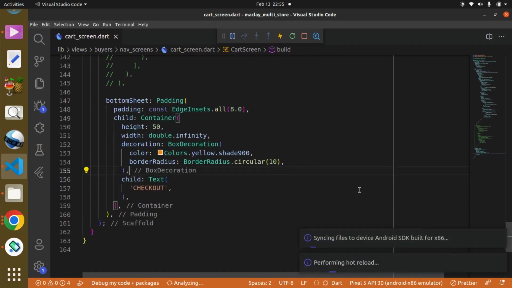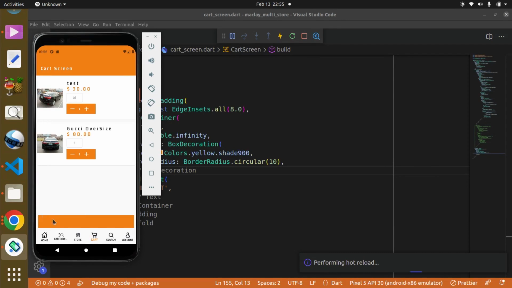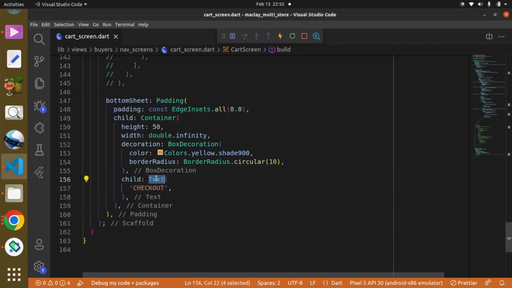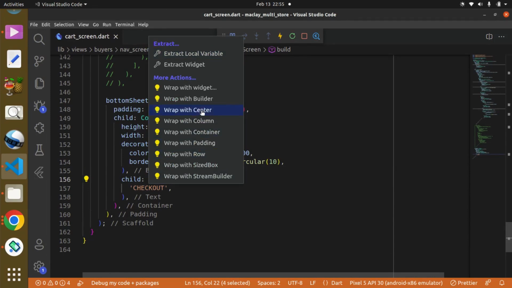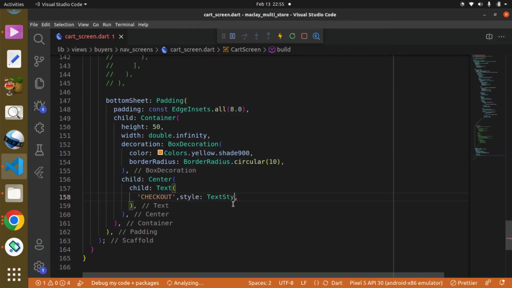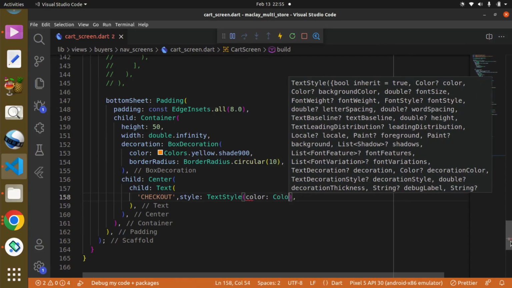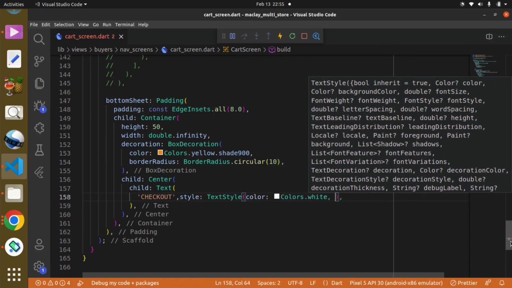Use Control and S to save, and you should see it somewhere. Yeah, hot reload. Okay, we got it over there, and we can take this to the center by wrapping it with a widget known as Center, and also we can give this a style. Text style, and we can change the color to be Colors.white, and also we can give some letter spacing